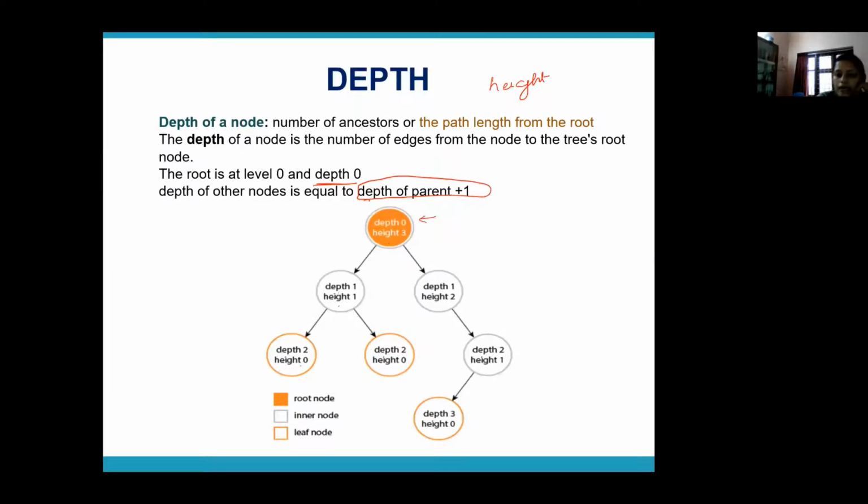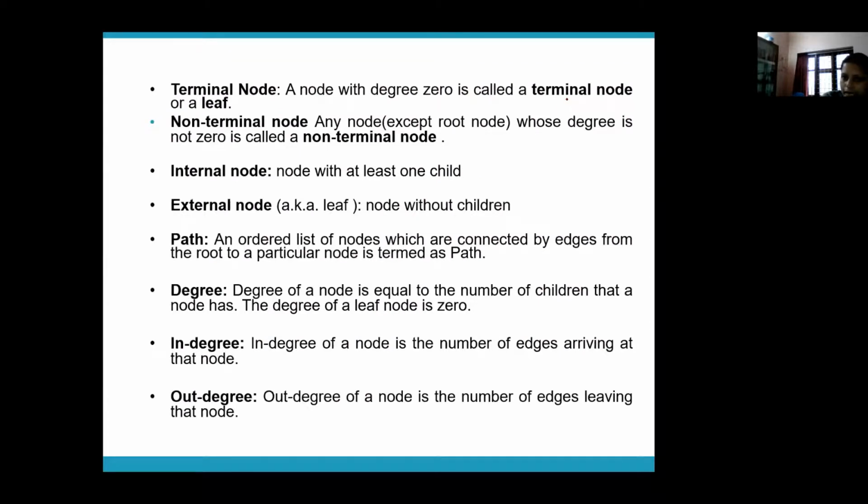So if you see this diagram, who are the terminal nodes? This is terminal node number 1. This is terminal node number 2. This is terminal node number 3. So whoever is not having a child is called a terminal node, or its degree is 0. Degree 0 means it does not have any out degree. Okay. It does not have any outbound nodes. It does not have any child. That is what is called a leaf node or terminal node. Okay. So understand, terminal node and leaf node mean the same thing. If a node does not have a child, then that node is referred to as a terminal node or a leaf node.